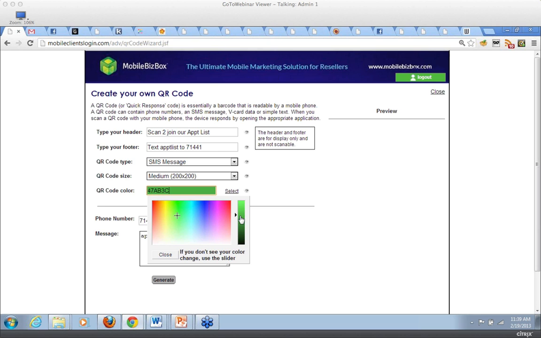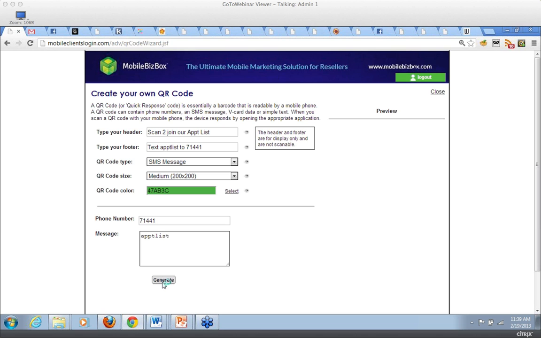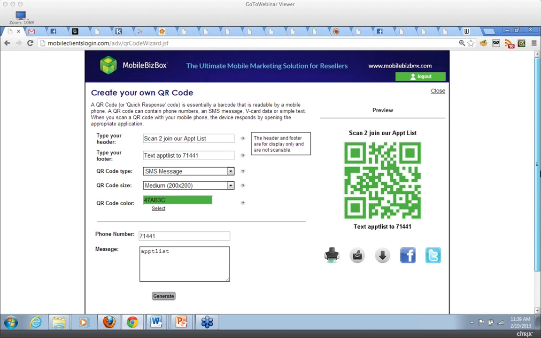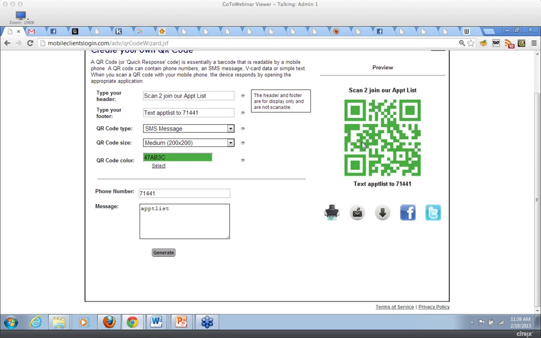I could change the color if I want. I'm going to change it up. I'm going to choose a green one instead of a purple one. And let's generate it. Now, who's going to scan that? And what does it say? I'm going to scan it too. And if I hit text message and I send,